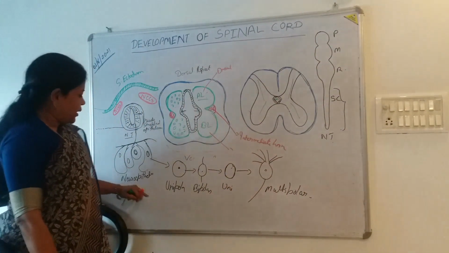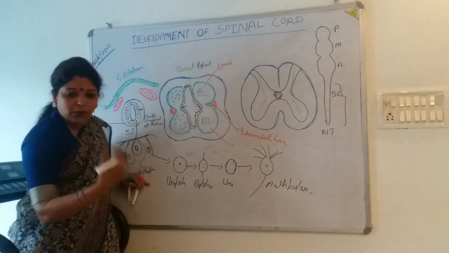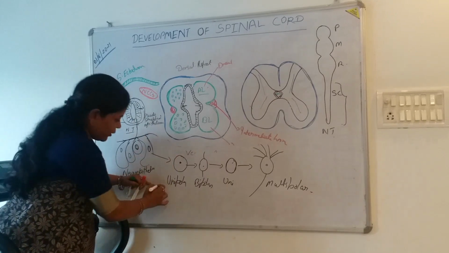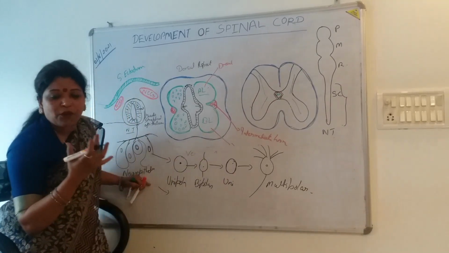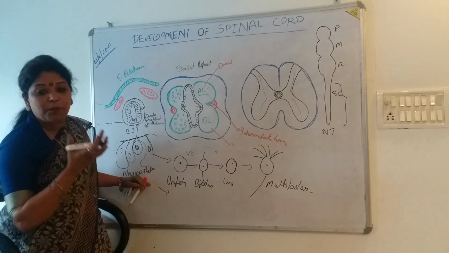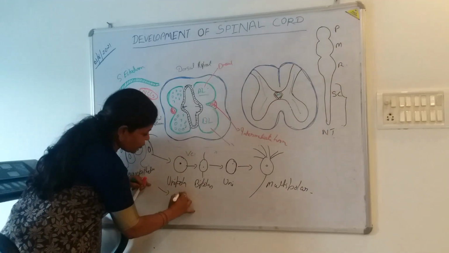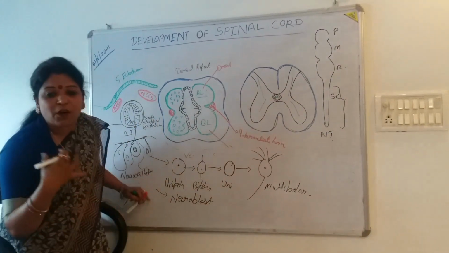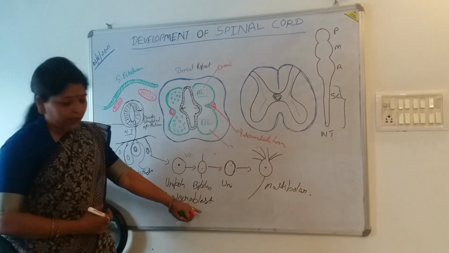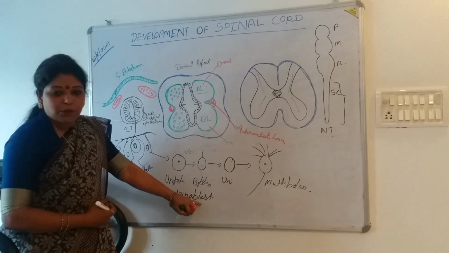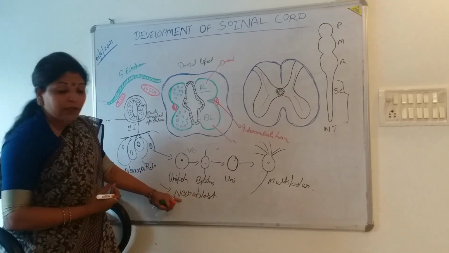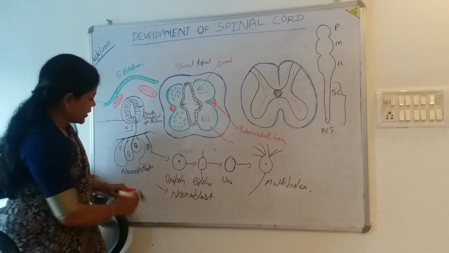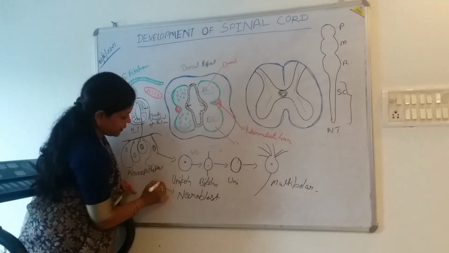Okay. So before the migration of the neuroepithelial cells, it is not in this form. It is transformed into a special type of cells that is known as the neuroblast. What is it known as? Neuroblast. What do you mean by neuroblast? Blast literally means formation. The suffix is blast, which means the formation, and the prefix is neuro. So neuro formation, neurons formation. So these cells are derived from this neuroepithelial cells.